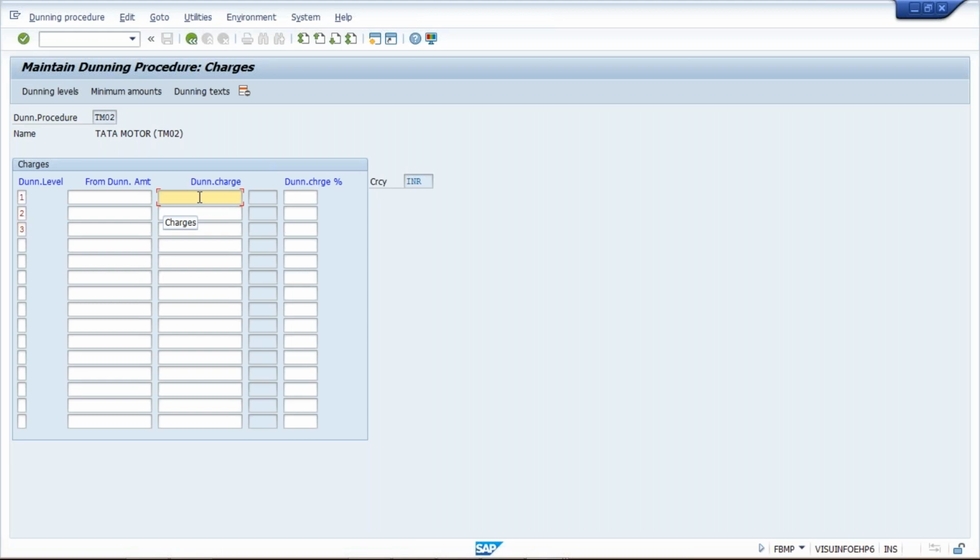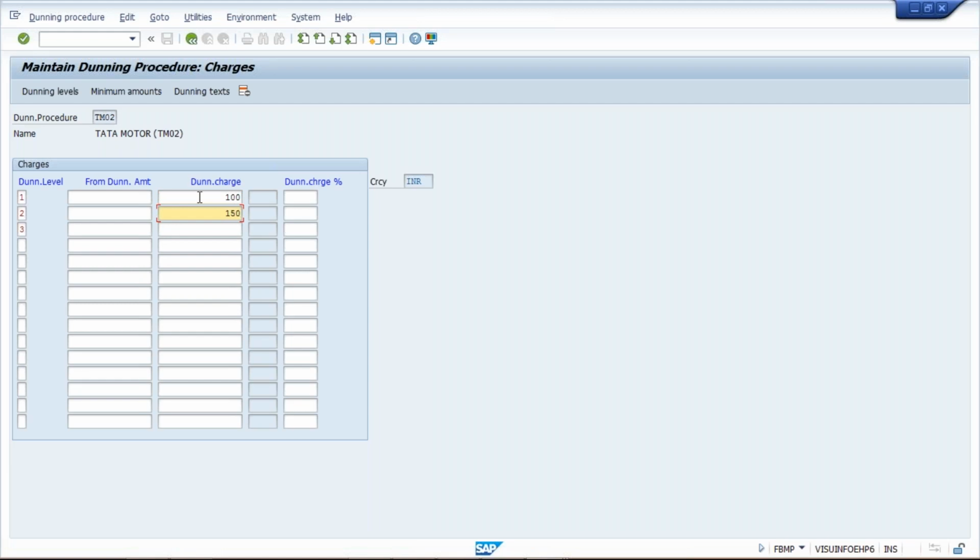Percentage is not preferable, guys, because if the amount is huge and if we are going to give 5%, 2%, 1%, then what will happen, guys? If the amount is in crores, then the penalty will be in lakhs, right? So generally people charge penalty in lesser amounts, just for the courier charges and all. So here let's suppose 100 rupees on first level,